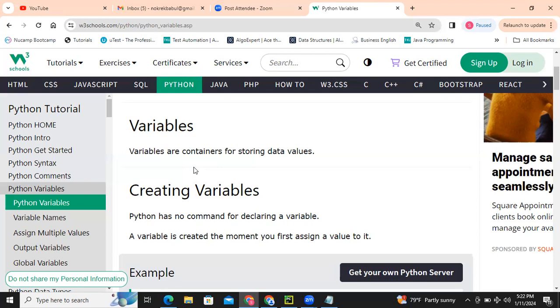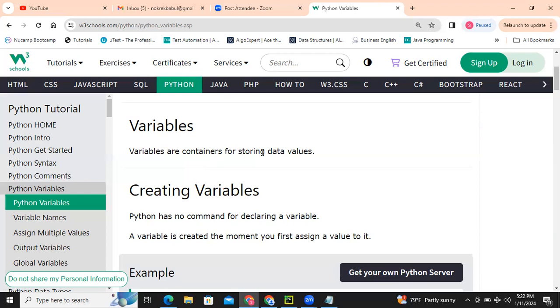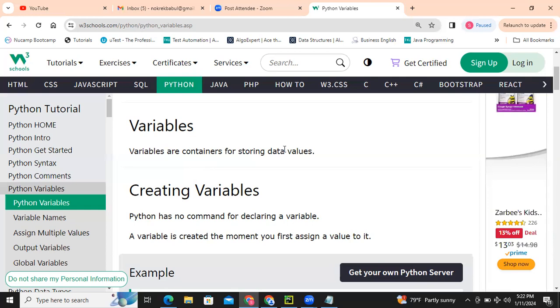Whenever we need, we just open the money bag and use them. A variable is just a container where we can store data or information.